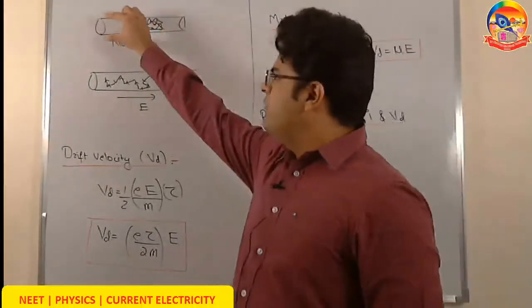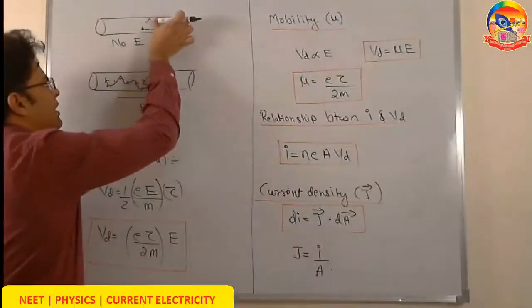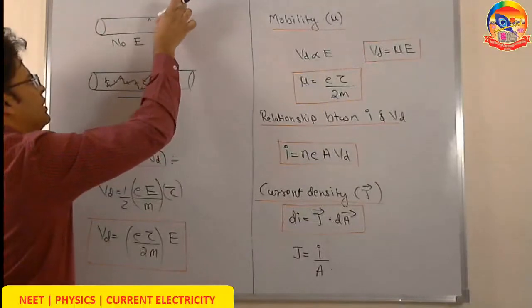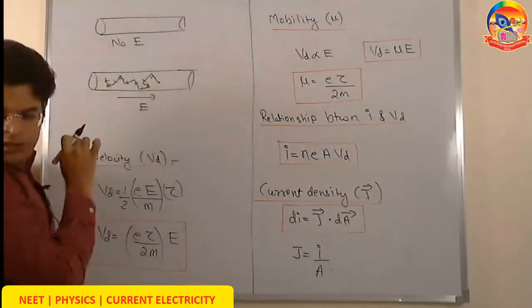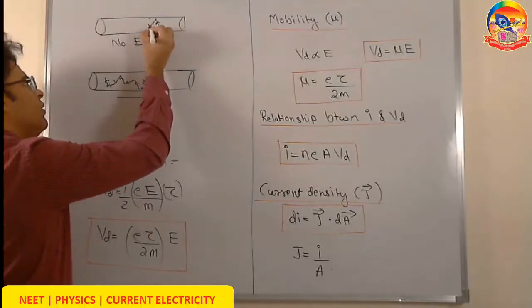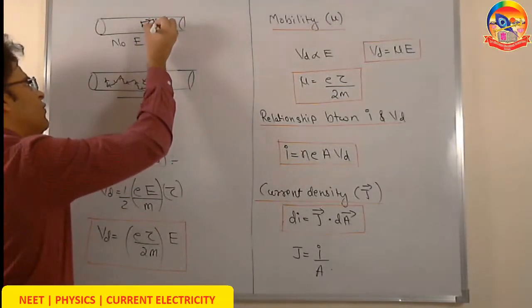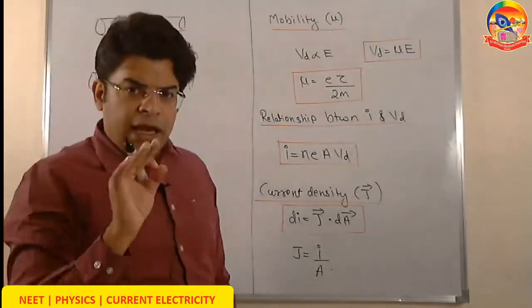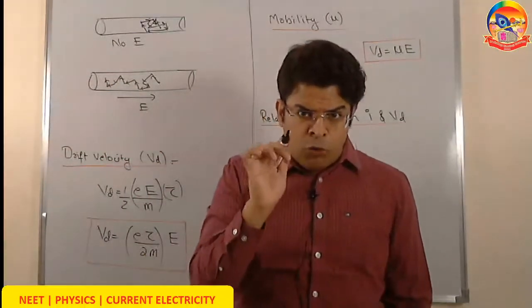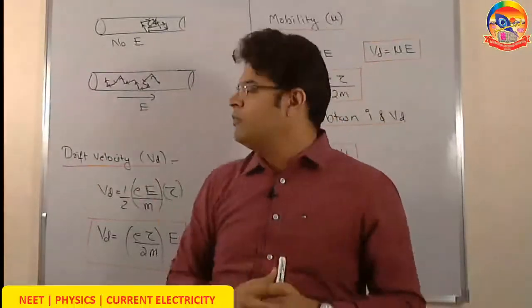Now, let's say we have this conductor and we are focusing on one free electron present inside it. What type of motion does this free electron do? This free electron present inside the conductor moves randomly. It moves in a straight line between two successive collisions. The electron moves a lot but goes nowhere, because it keeps on randomly moving, doing Brownian motion.